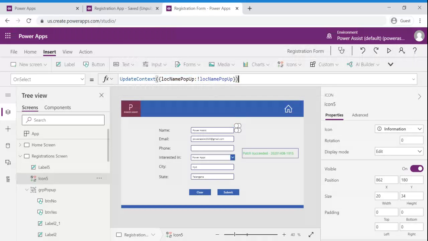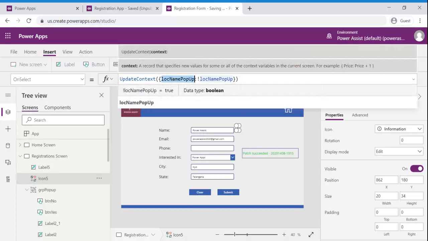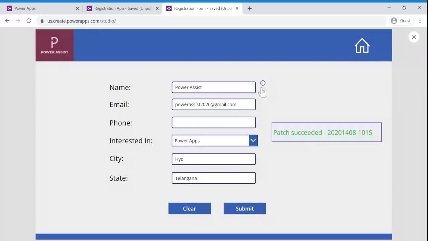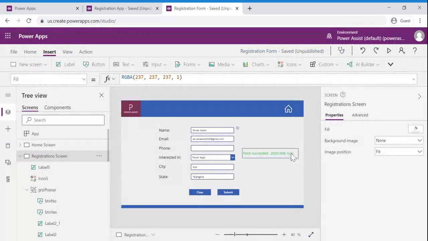So what happens is at any point it would definitely be true or false. If this particular variable value is true, when we click the next time it automatically sets to false. Let us see how it works. And I'm going to click it again, it disappears. This way we can show and hide the icons or information that we require as per the requirement. Thank you.